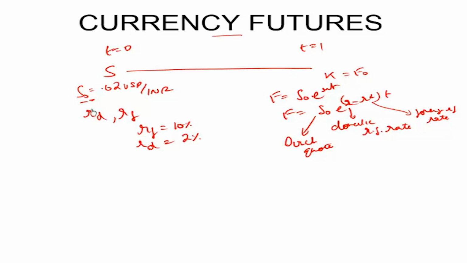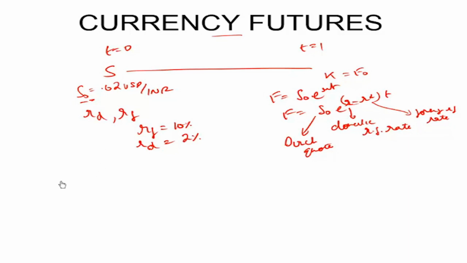So let's try to exploit the arbitrage, and then let's see what should be the fair forward rate such that this opportunity does not exist. We can start with any amount of money: $10, $100, or $1 million as well. If it's an arbitrage opportunity, then it's an infinite profit-making opportunity, because the more we borrow, the more we can earn. Let's start, for instance, with $1 and let's try to exploit this arbitrage.